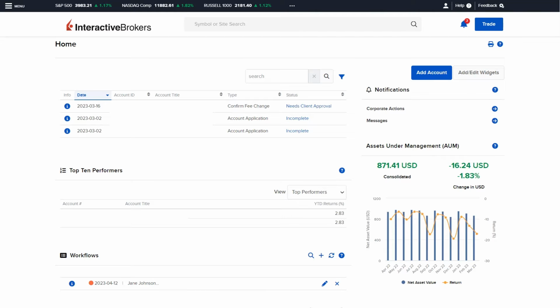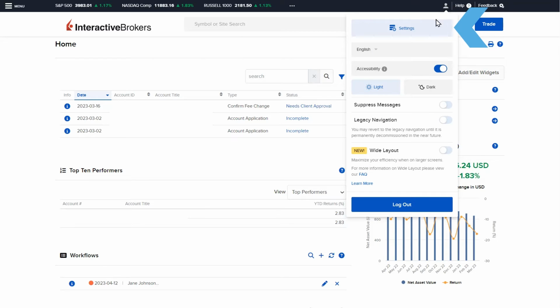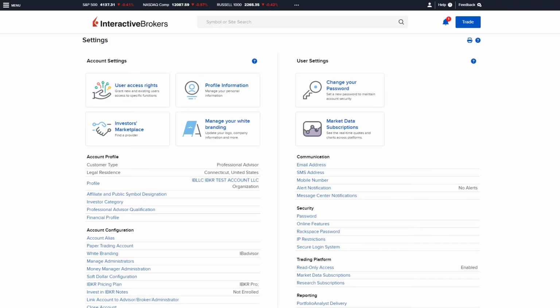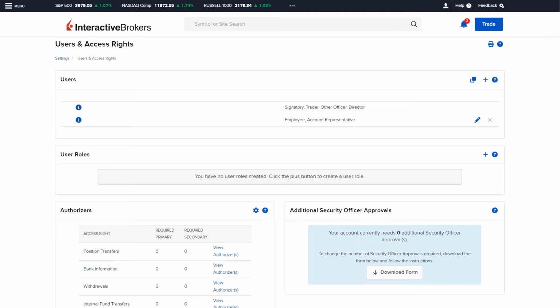To create a new user role within Advisor Portal, click on the Head and Shoulders icon in the upper right-hand corner and select Settings in the drop-down panel. At the top of the Account Settings page, select the button for User Access Rights. Once in the User and Access Rights page, click on the plus sign in the upper right-hand corner of the